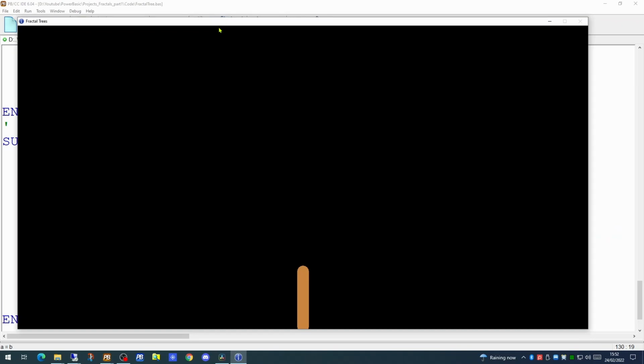And there is our trunk. I'm deliberately keeping these graphics quite straightforward so that the code is easy to follow. Up until now, all we've done is create a graphics window and draw the trunk. This is the beginning of our tree. What we want to do now is to draw some branches on the tree. So let's now create the routine we're going to call recursively that will draw our branches.